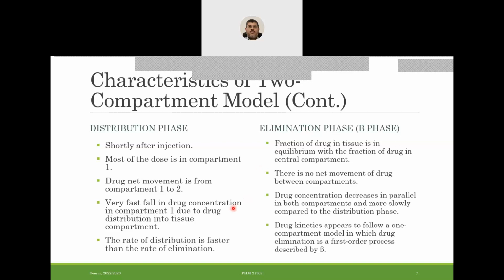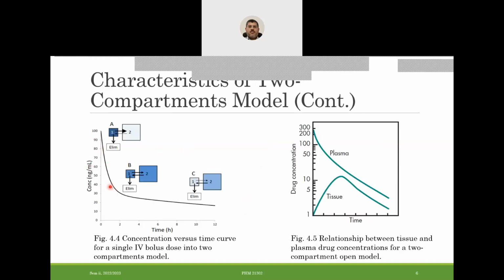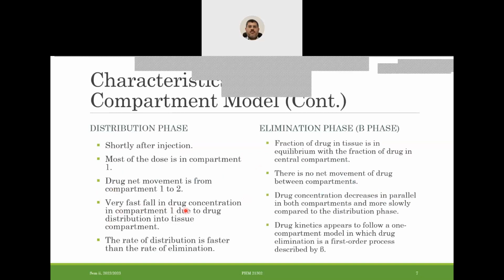As you see, when we saw in the graph, the slope is different. Higher slope in the initial phase, the alpha phase, means faster decline. The fast fall in drug concentration in compartment 1 is due to drug distribution into the tissue compartment. But